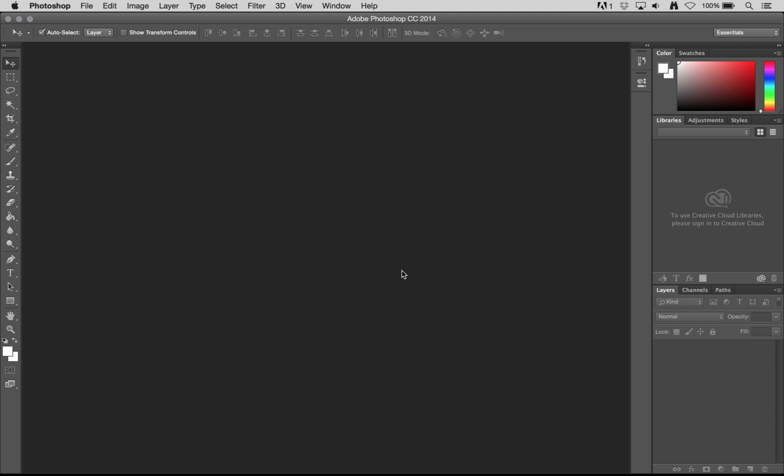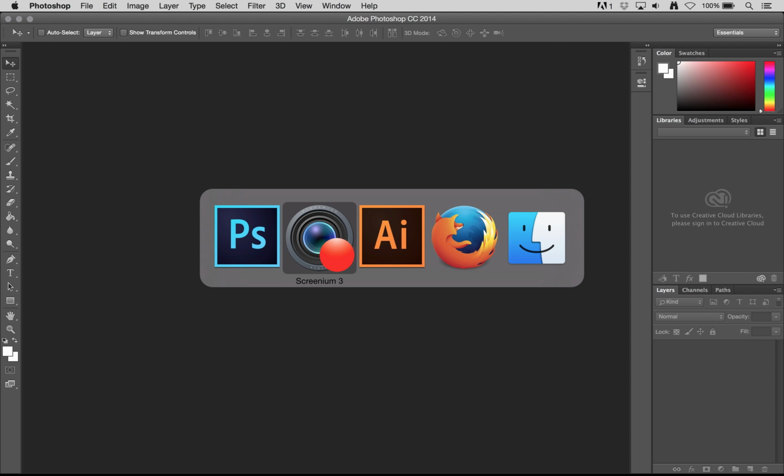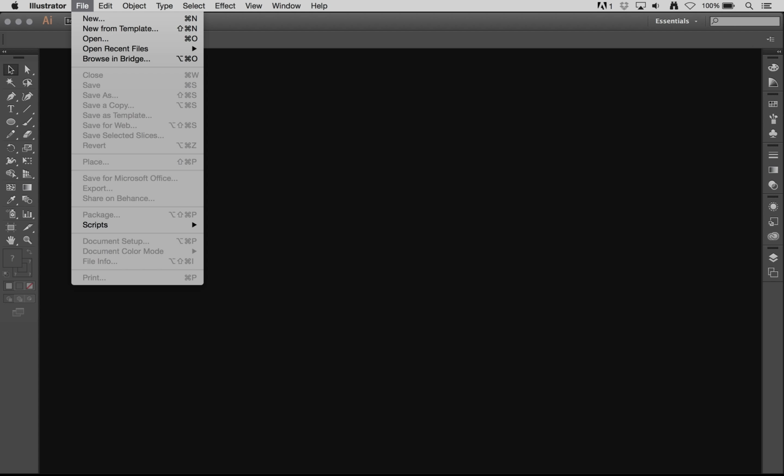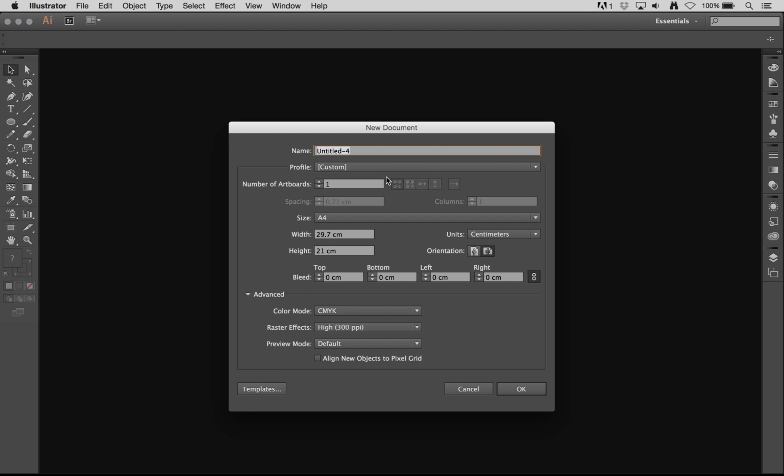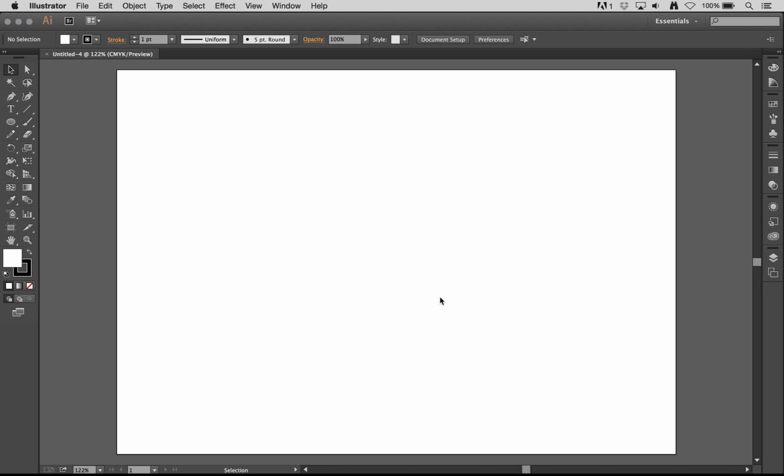So in this video we're going to have a look at linked files and embedded files in and between Photoshop and Illustrator. So we'll start off with something in Illustrator. I'll just make a bit of a logo